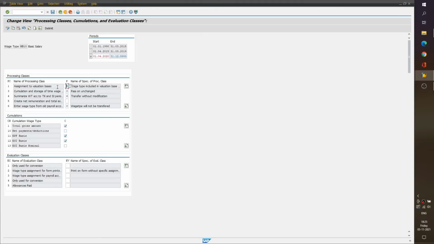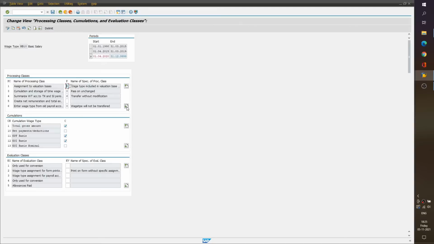Now, whatever calculation we want to do is already maintained. The list of operations is already present in a particular PCR, which is called a personal calculation rule. And that PCR, instead of being hard coded to a particular wage type, is written based on the processing classes. So we write the logic in PCRs, and those PCRs will call processing classes instead of wage types, and the wage types will be tagged as, let's say, 03.